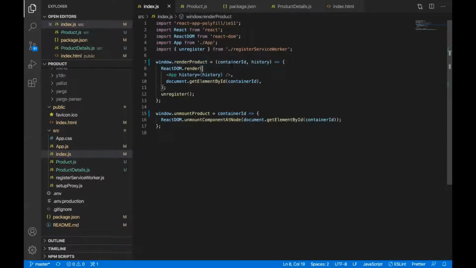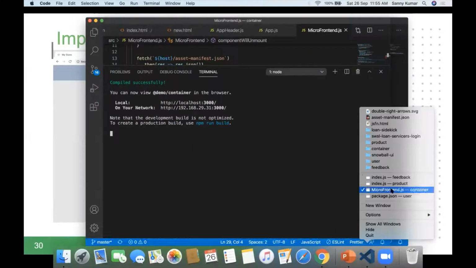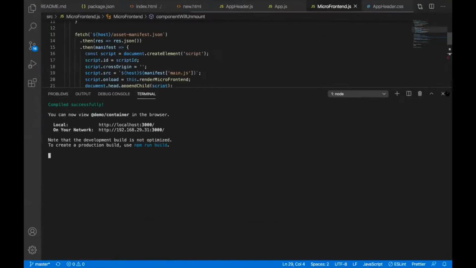It will take a container ID, the ID of the element where we have to inject the micro frontend, and the history object. Based upon that, our entire application will be rendered to that element. So this is the one global object that the micro frontend is injecting. Now I will go to the container, to see how it is implemented there.